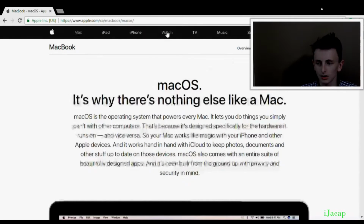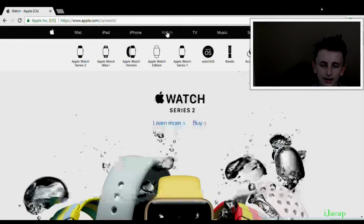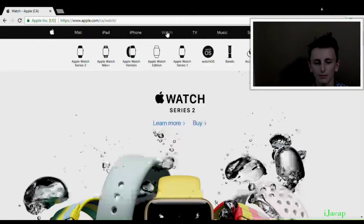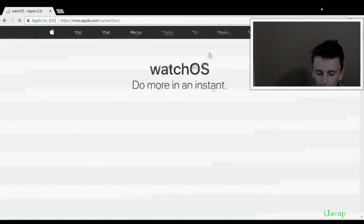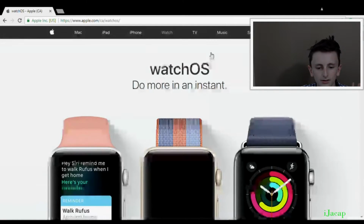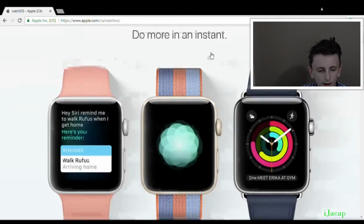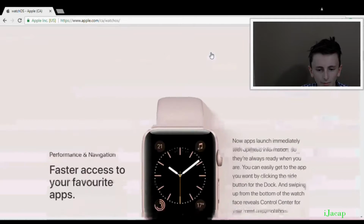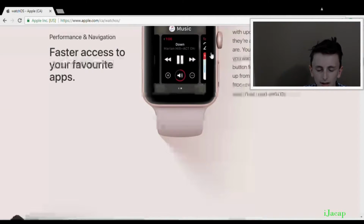I'm not going to go through everything. I'm just going to skim through everything. I'm not going to go into detail. Watch OS is coming out. It's just more fitness related and stuff like that. And you have a Series Smart Home Screen or whatever. I'm not too sure what to call it. You've got faster access to your apps, basically user-friendly multitasking, which I'm definitely